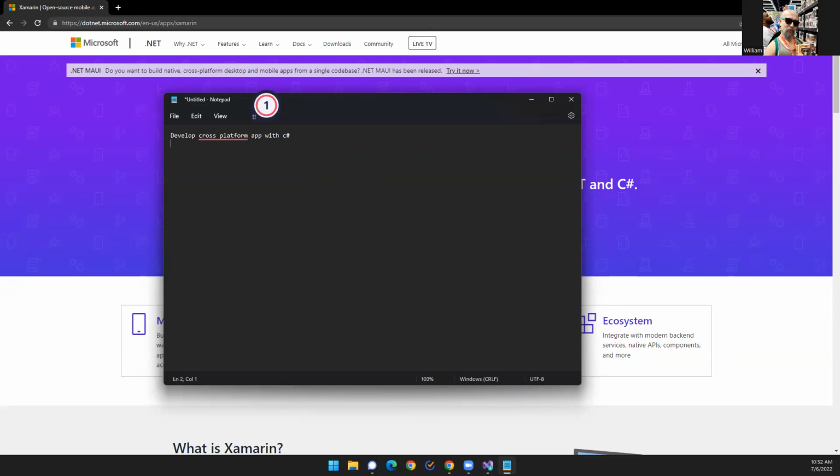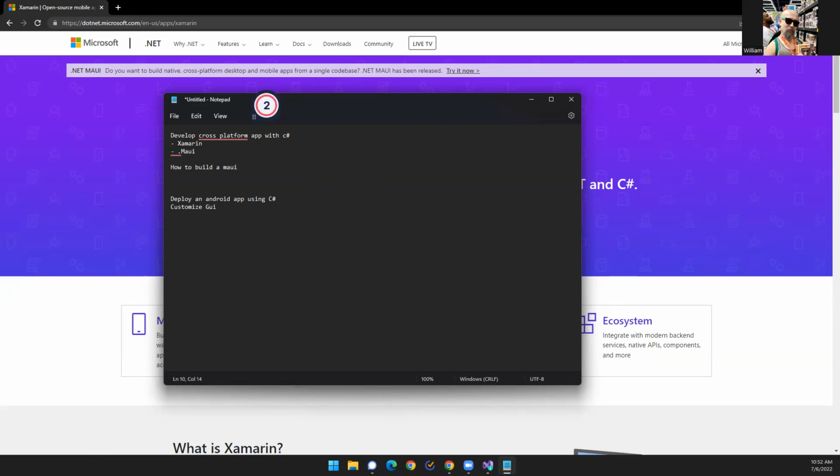Kind of cheating here, I know where I'm going, but I know I'm going to have to look into Xamarin, and then this leads me to .NET Maui. So I want to figure out how to build a Maui app. And then my end goal is going to be deploy an Android app using C Sharp,